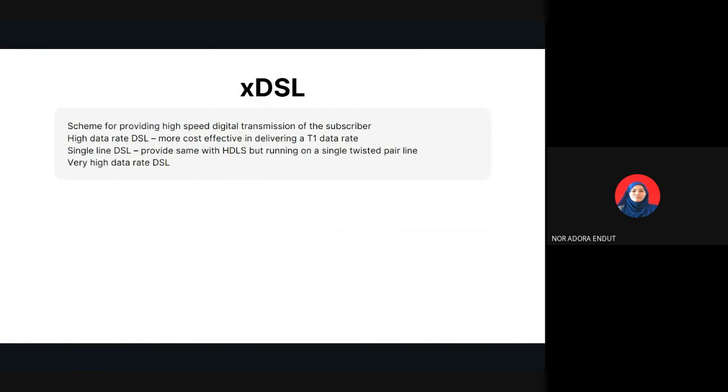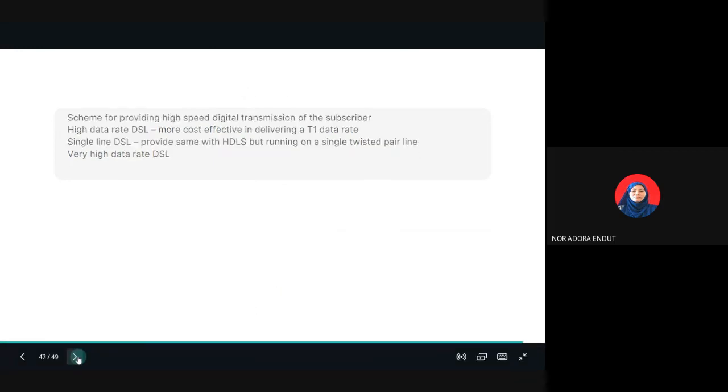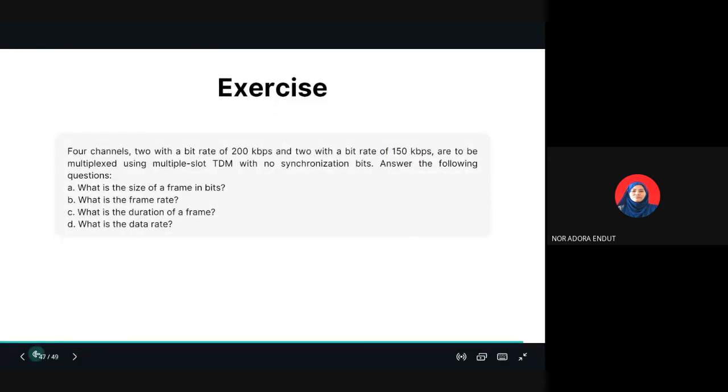Ada yang terkeluar ke? Okay, exercise ni I save dulu sebab